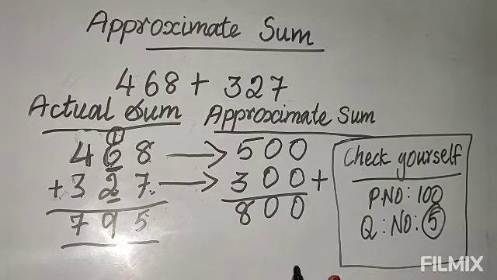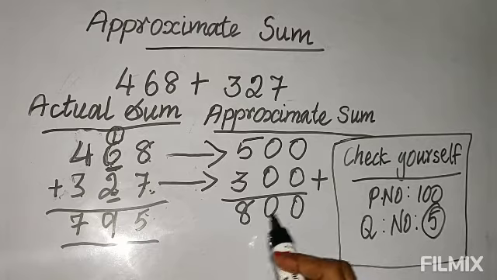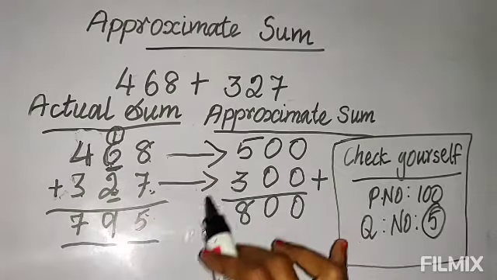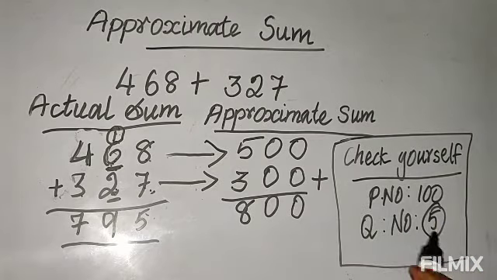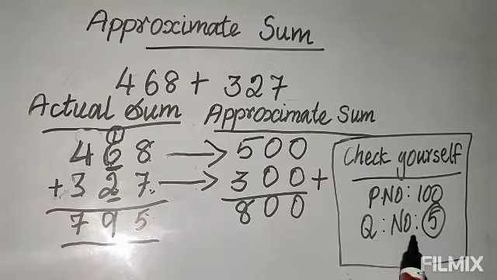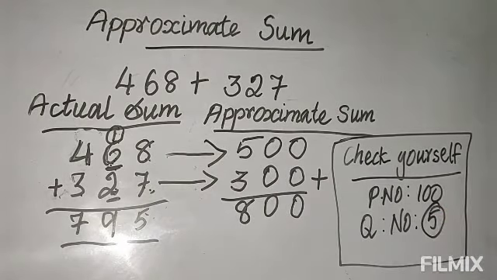Here it is asked as fill in the blanks in this exercise 2.4. You will do the calculation like this, but you are going to fill in only the answer. You are not going to do all these steps. Since it is a fill in the blanks, you will do this calculation in rough and write only the answer. But in Check Yourself, you will do this process, with all the calculation.